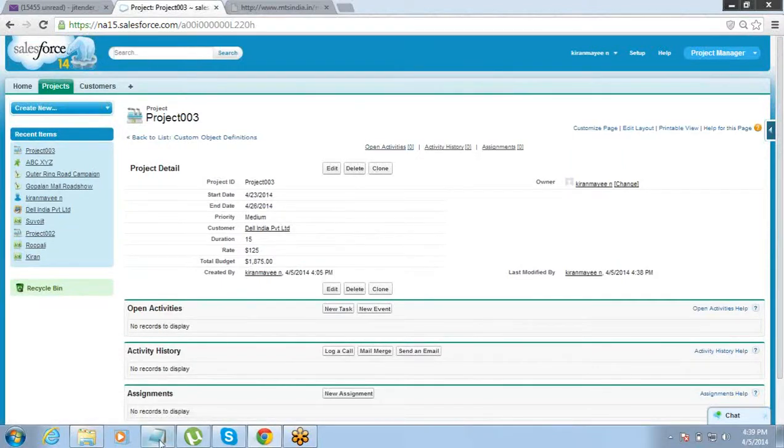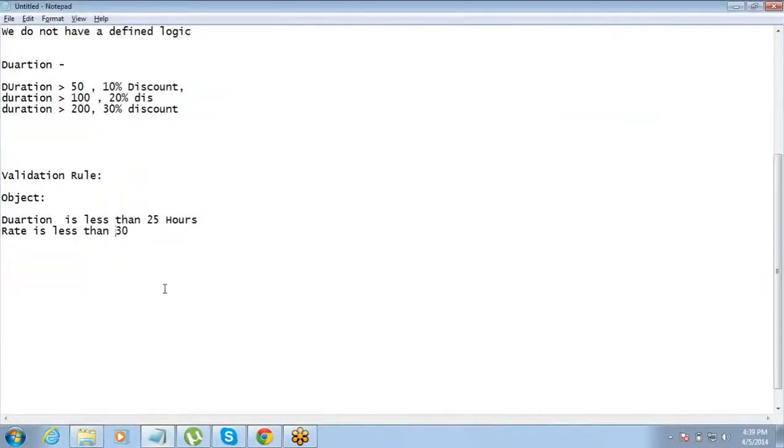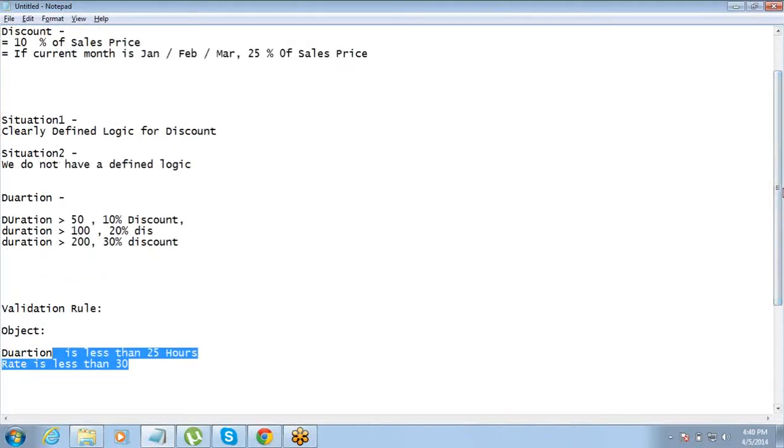So two things that we have done for the business logic are formula and validation rule. Now what is the difference between the formula and validation? Formula is a field type which can do calculations and return some result. A validation rule is a rule which validates the data anytime an insert or an update operation is happening on the database table, and based on that rule it will throw an error. So if you do not meet the criteria, it throws an error.